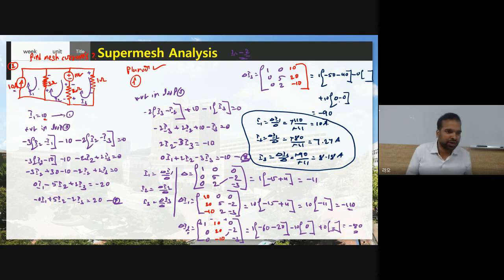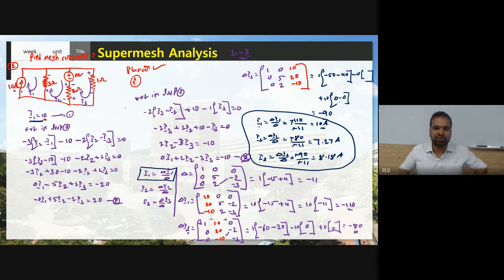So how to identify whether this loop current are correct or wrong? See here, I told you as per your assumption I1. What is the I1 current here? 10 ampere. Therefore, I1 equal to 10. However, you find I1 one more time by using the formula, the actual procedure. I1 equal to delta I1 by delta. If you follow the procedure, what is your answer? 10 ampere. See here in the circuit, as per our assumption, I1 equal to 10, and as per calculation, I1 is also 10 ampere. Therefore, this is correct. Okay.